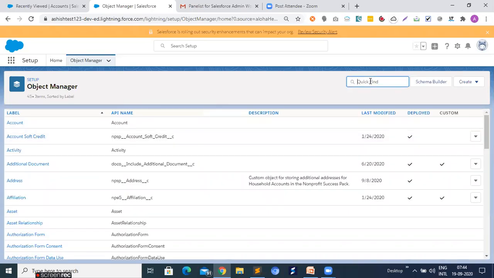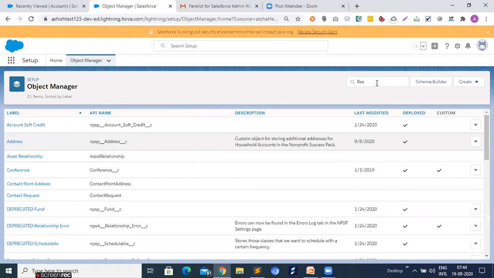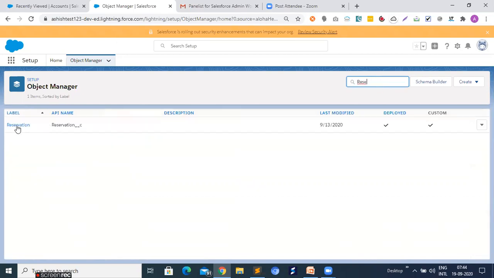Our object name is reservation. So when we open this particular object, we find we have two lookup relationships, one with customer and second with room.